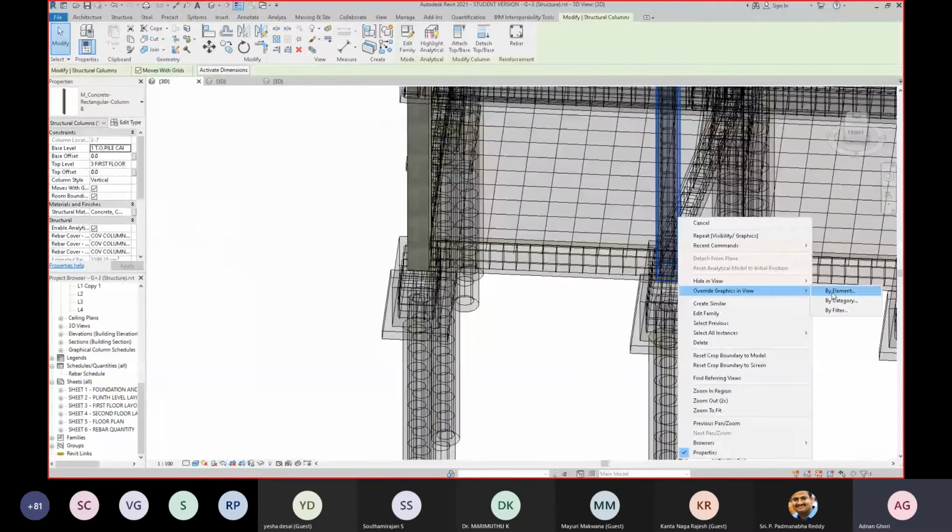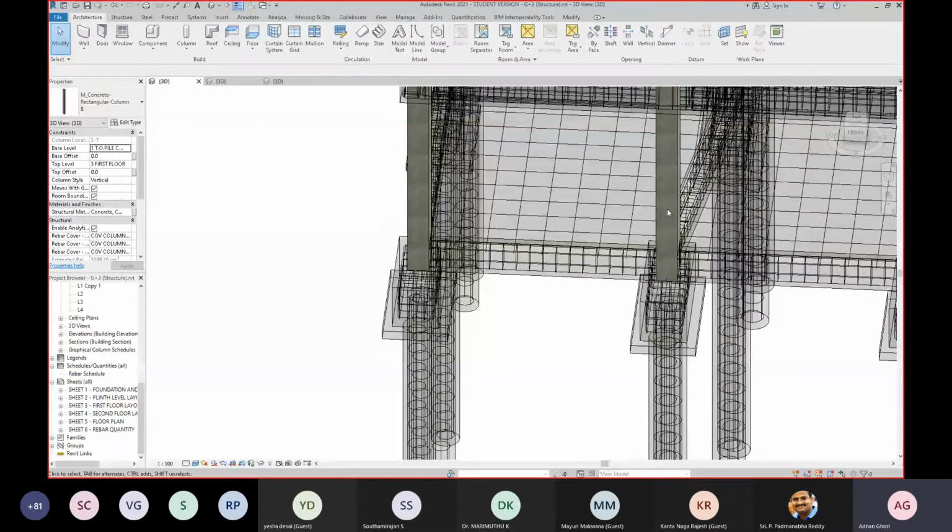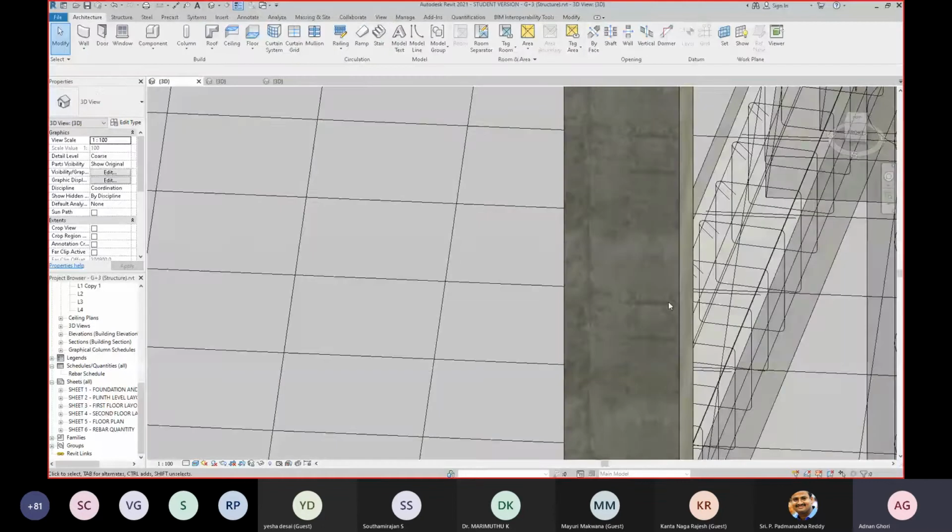You can see that it has a transparency of 50%. You can keep this transparency at 0 and ultimately you will get a solid column itself, which will actually look like a concrete column because you have provided a concrete material for it.